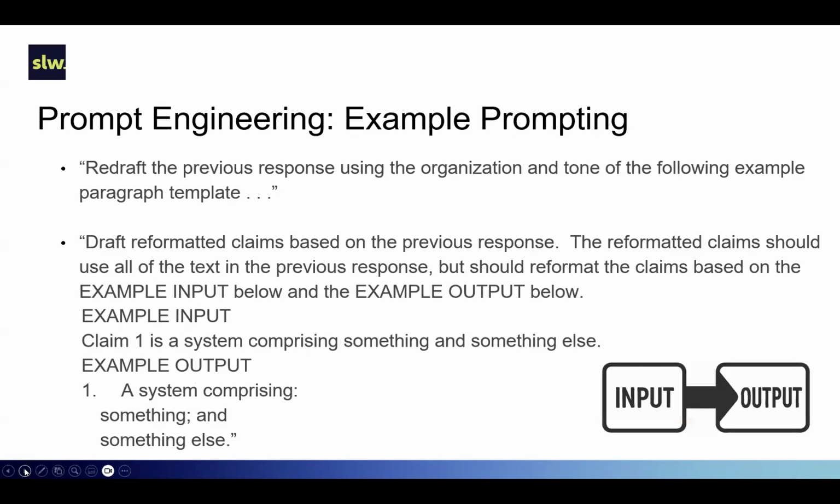So with this example prompting, the intent here is to find the best way to use your inputs and outputs. The LLMs also respond very well to providing examples. So if you provide it with an example, say from a previous office action response, you can say, "Redraft the previous response, whatever the LLM just provided to you, using the organization and tone of the following example template." Or better still, if you're asking it to redraft something, you can provide it with an example input and an example output